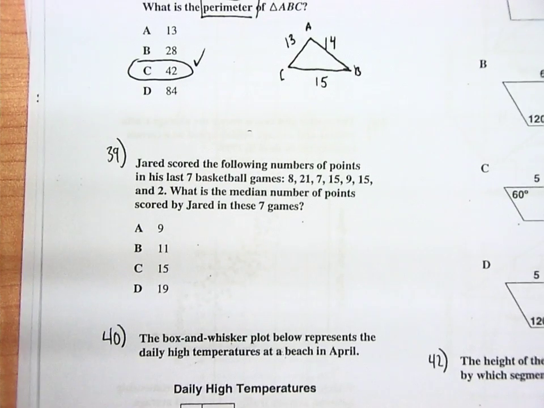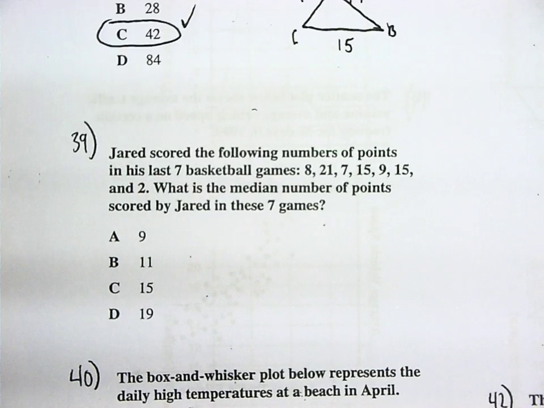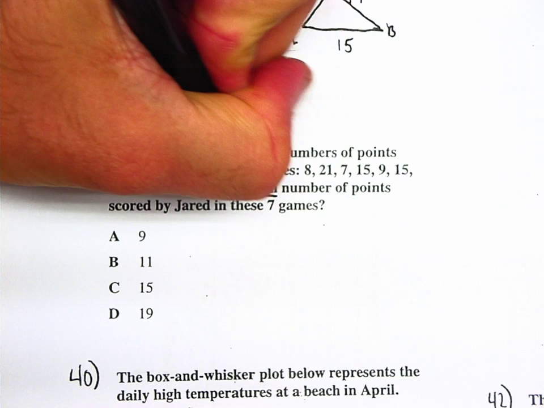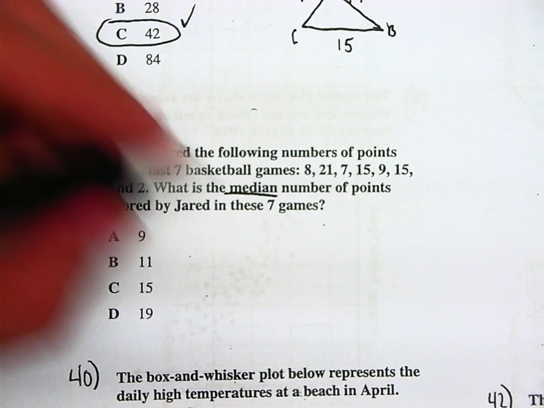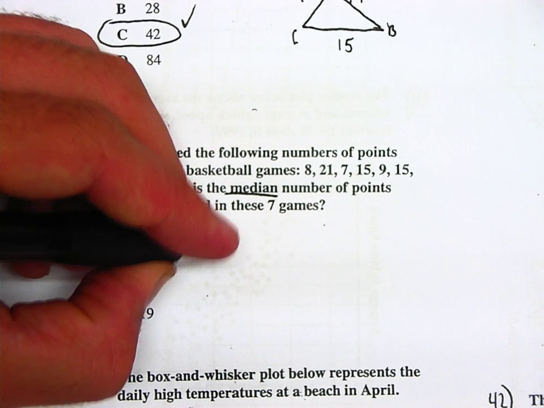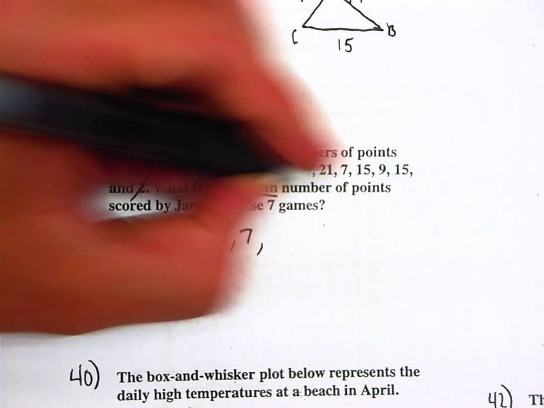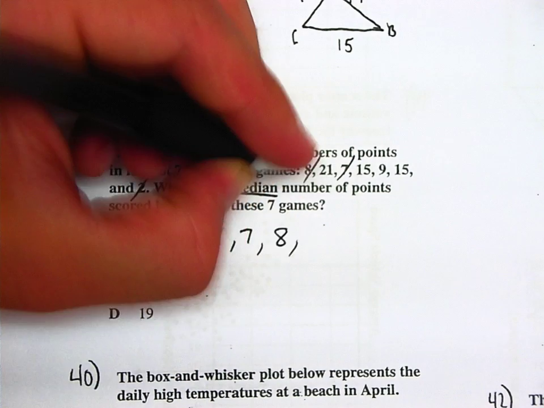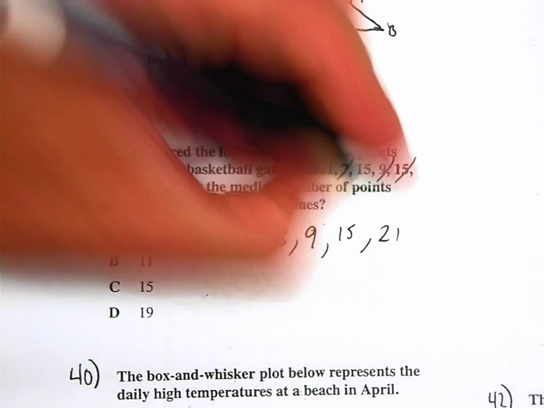Jared scored the following number of points in his last 7 basketball games: 8, 21, 7, 15, 9, 15, and 2. What is the median number of points scored by Jared in these 7 games? When I think median, I think middle. But the very first thing I need to do is write these numbers in order. So I'll write these in order, starting with 2. I have 2. Cross it out so I don't repeat it. 7, 8, 9, 15, and